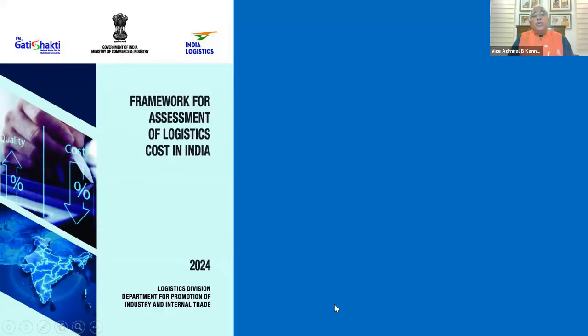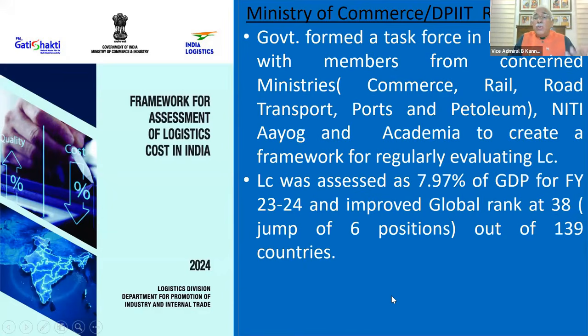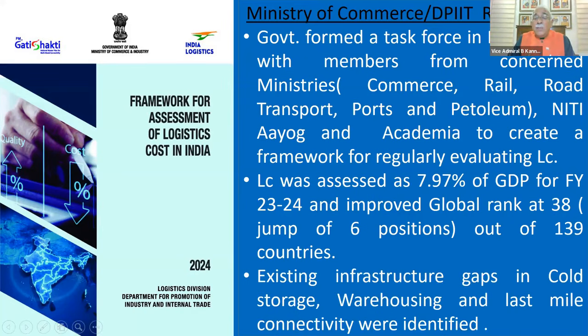So the major issue which was being discussed about the framework for logistic costs in India was analyzed based on 2024. In 2024, they formed a team under the Department of Industry Promotion and Internal Trade, and that had many members, as it showed in the slide, and they worked out India's logistic cost. Now it's come down to slightly less than 8%, and our global ranking has improved six positions after so many improvements. I will list out the improvements to you, but they still feel there are infrastructure gaps